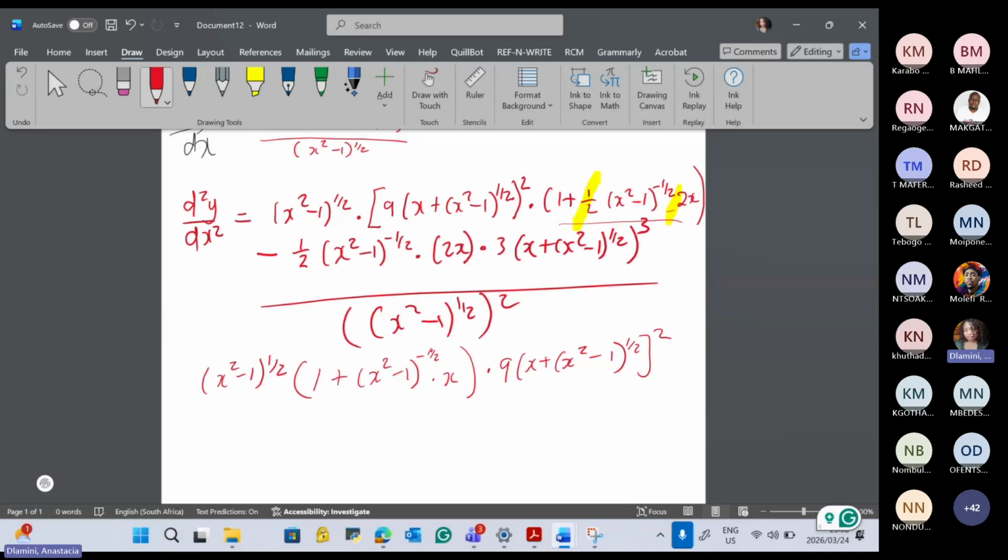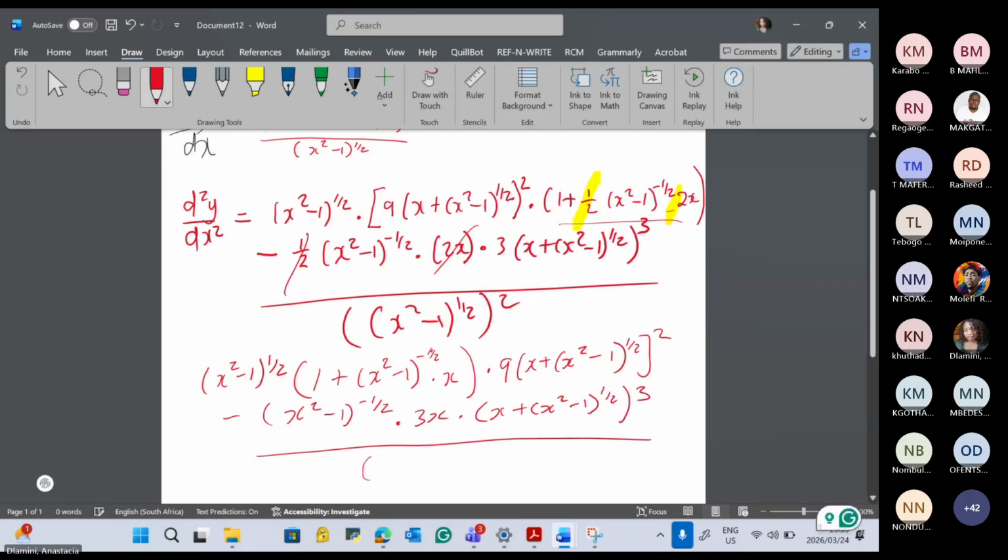And this 2 and this 2, they also cancel. So it's 3x minus 3x. So this is minus x squared minus 1 to the power of negative 1 over 2 times 3x times x plus x squared minus 1 to the power of 1 over 2, to the power of 3 over